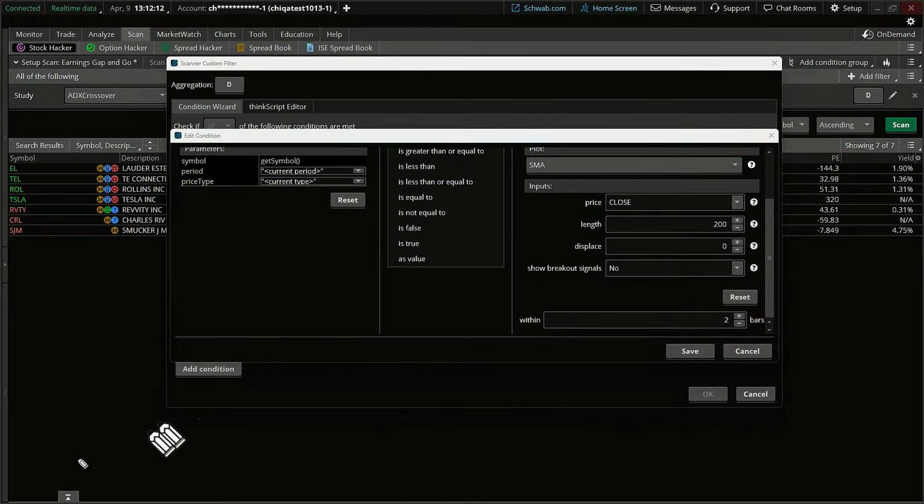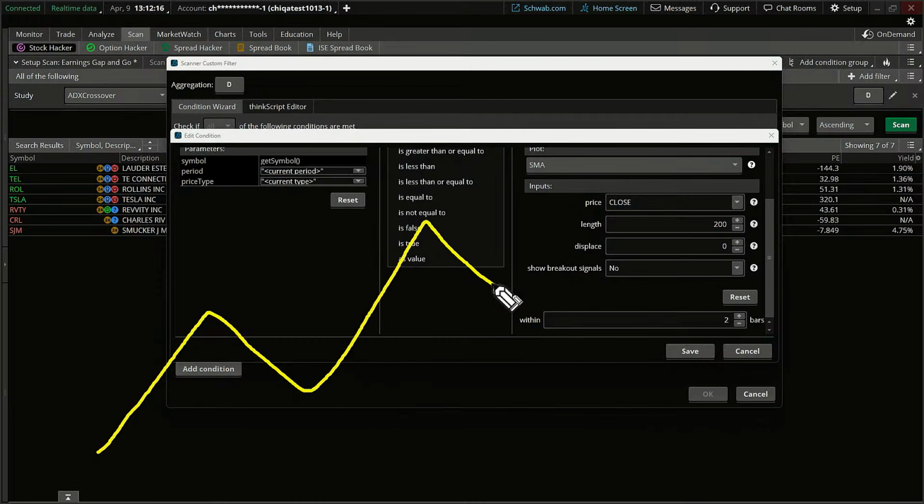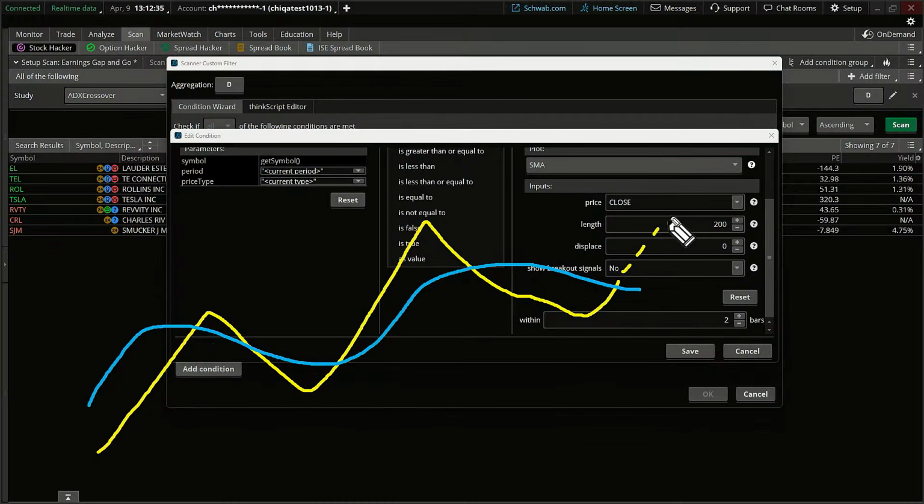Because ultimately, folks, what I'm looking for is something like this, and maybe a long-term trend, like the S&P, for example, and you've got the 200-day moving average. It's been above it, it broke below it, and guess what? Now it's doing this right there. In other words, the long-term trend might be on the verge of breaking higher. Sorry for drawing over the top of this, but I wanted to give you a visual as well.